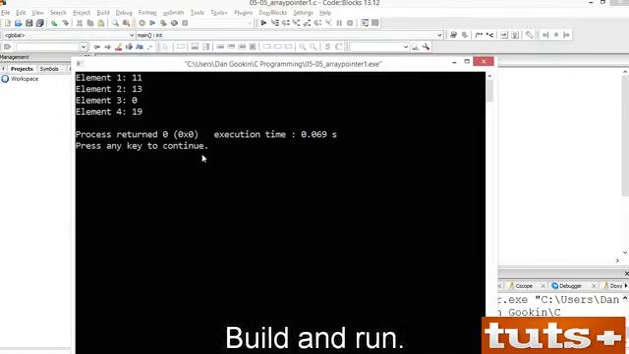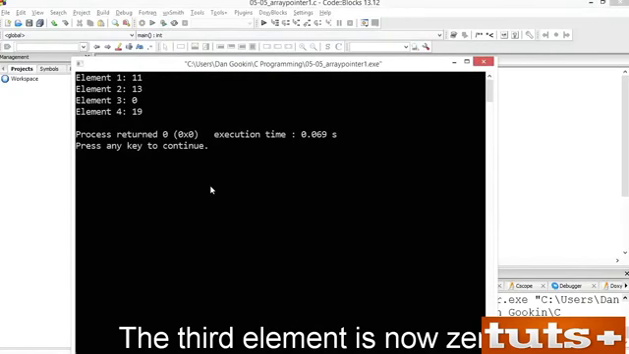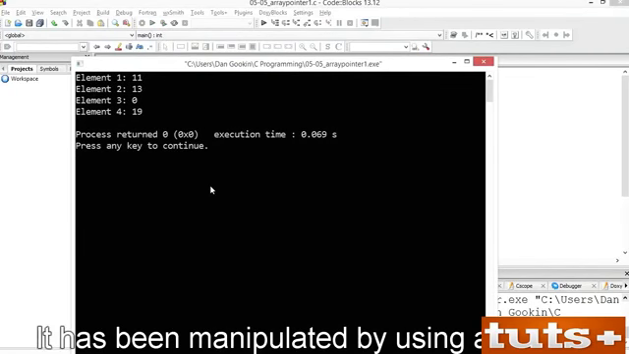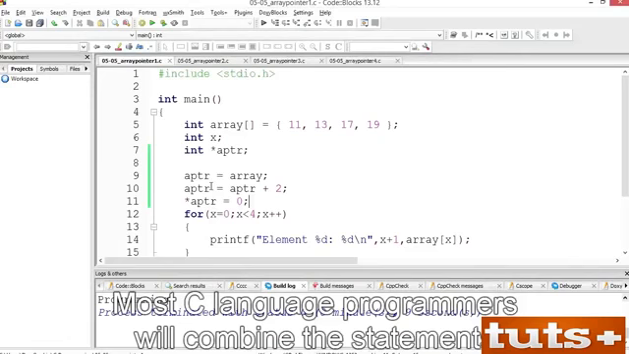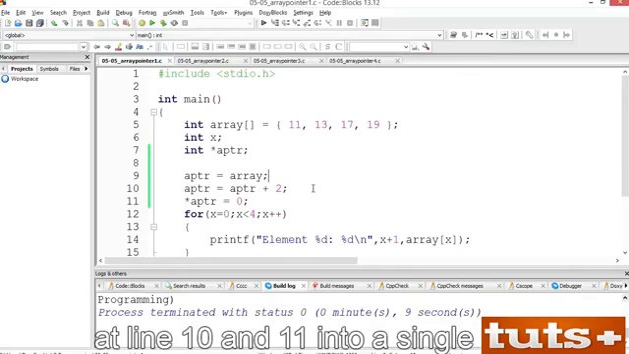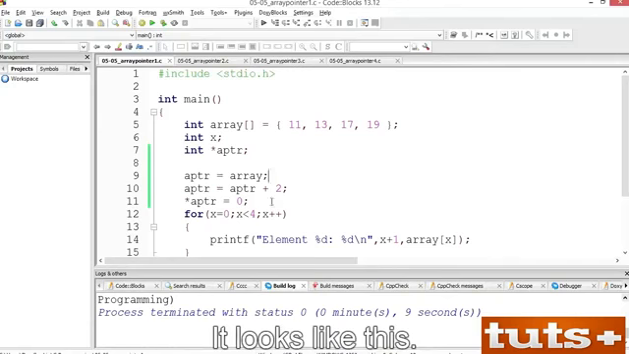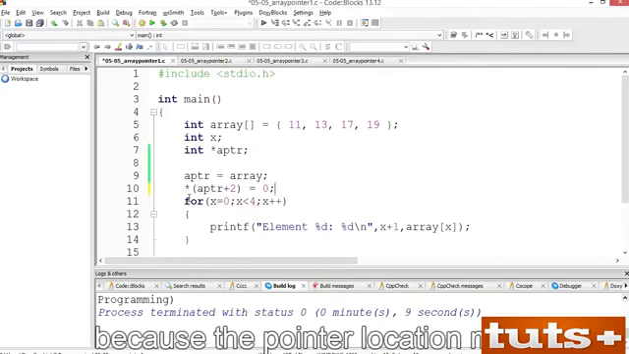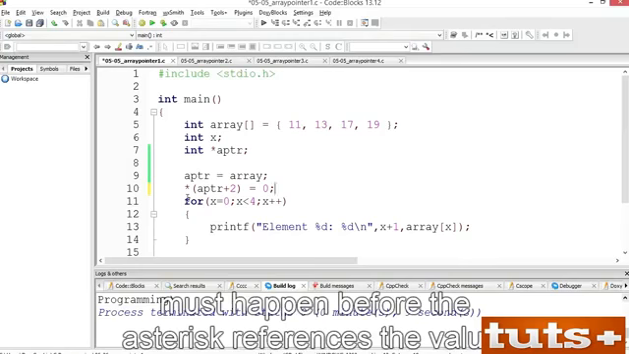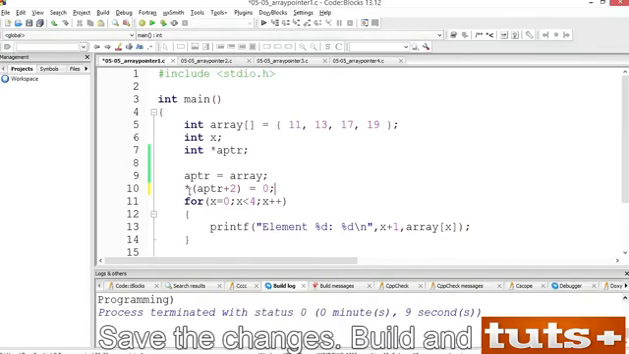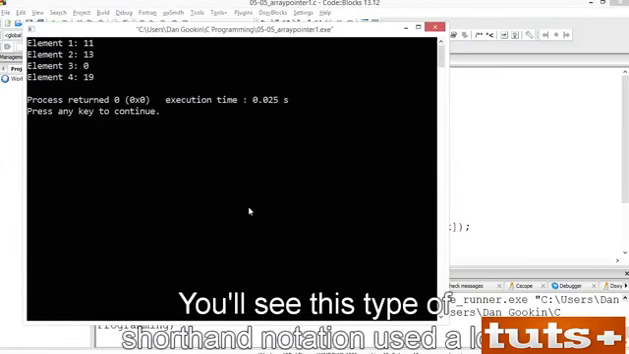Most C language programmers will combine the statements at line 10 and 11 into a single line. It looks like this. You need to use parentheses because the pointer location math must happen before the asterisk references the value. Save the changes, build and run. And the output is the same. You'll see this type of shorthand notation used a lot. The main reason is that it doesn't affect the value of the APTR pointer variable, which still references the base